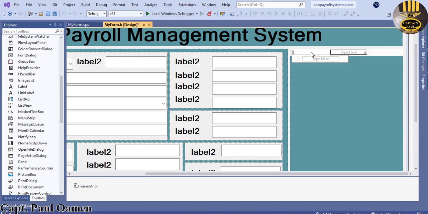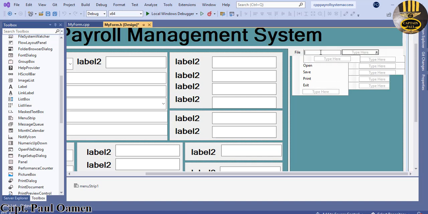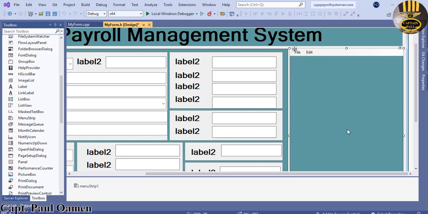In there you can just enter as follows. Then here, let's say we have new, then we can open a file through it. Then let's save and print. Then what else can we do? We can exit. There we go. And beside it here, let's enter edit. Inside the edit, we have